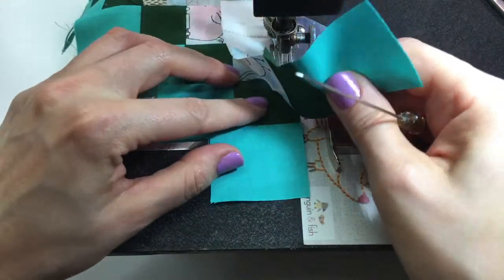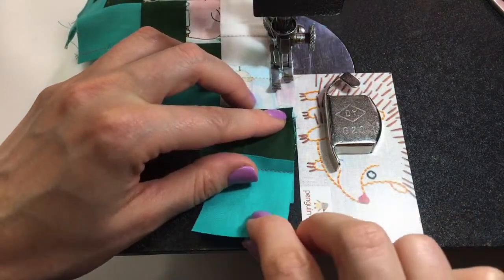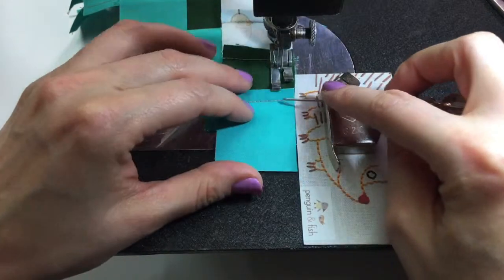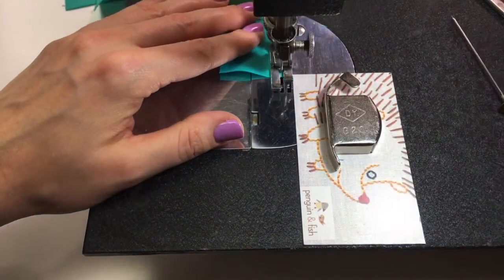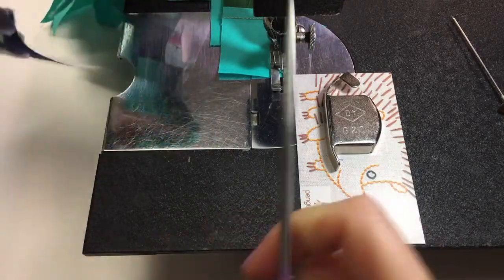Oh my god, this is so far off. My cutting might have been off at some point here. Oh well. Or my pressing or something. We'll see. Alright, so I actually needed to take this off the machine to get the second part,